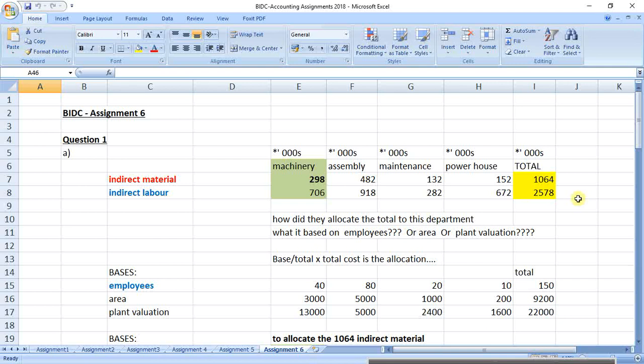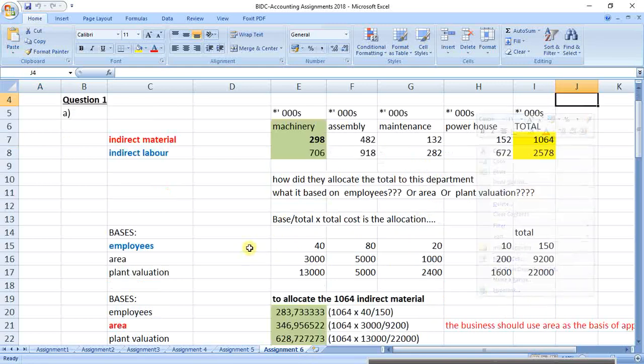So now we go to question A. A said, analyze the above indirect costs. That's all they were looking at. A was only focusing on indirect costs between the 4 departments, showing the basis of apportionment you have used. So they want us to analyze these costs, indirect material and indirect labor, according to the 4 different departments. What we've got in the information is their allocation. Obviously their allocation is different to our allocation, and that's why when we looked at this,